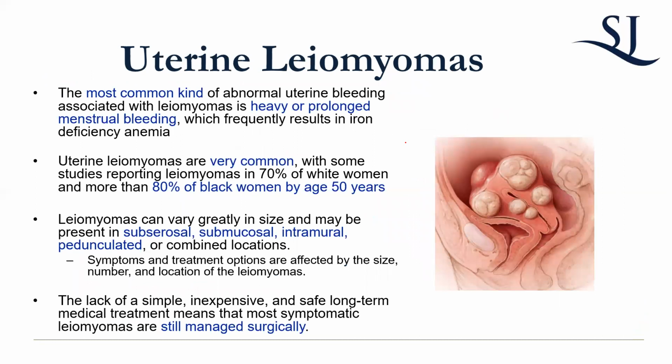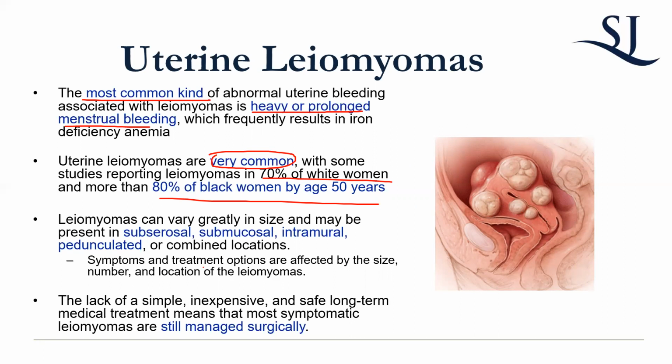In terms of structural abnormalities, uterine leiomyomas, also known as fibroids, are extremely common and the most common cause of abnormal uterine bleeding, especially heavy and prolonged bleeding, leading to iron deficiency anemia. About 80% of Black women will have uterine leiomyomas by age 50, but even 70% of white women. So it's extremely common, okay? Now, to the point where they'll actually need a surgical intervention is a different story. But oftentimes we see something that looks like this, where we have a uterus and it's just socked full of all of these fibroids, okay?